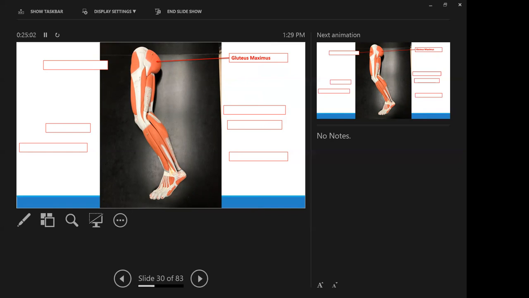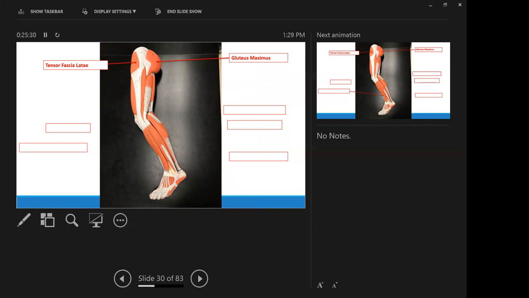Anyway, the gluteus maximus, large muscle there that we do not give injections into because of the presence of the big sciatic nerve running directly underneath it. But the gluteus maximus is a good landmark for us. On the other side of the gluteus maximus,